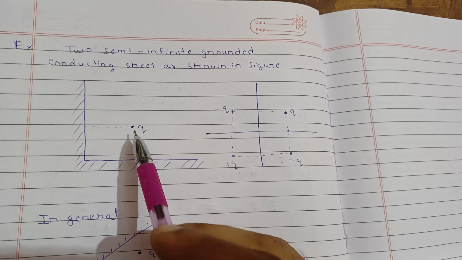Why? Because this is again something like a dipole. So at theta equal to 90, the potential will be 0 at this axis, and again this is minus q, plus q, this is a dipole, so potential on this axis will be 0. So that's what we need, the potential will be 0 at these points. So that's why this is the equivalent situation of this.